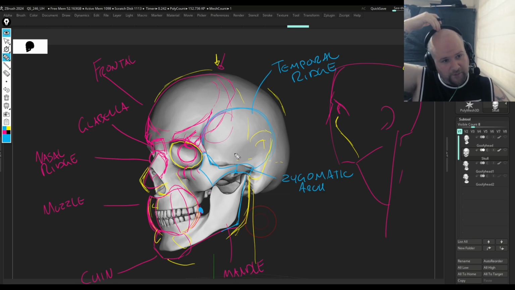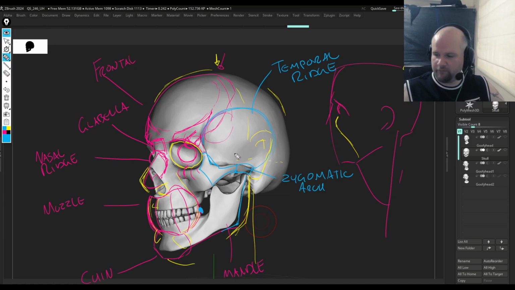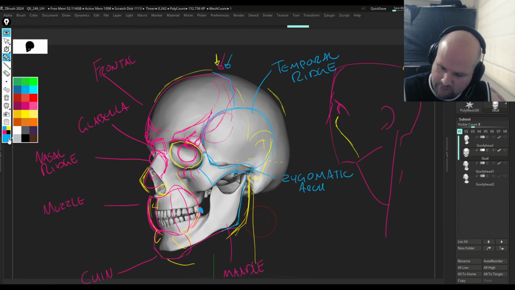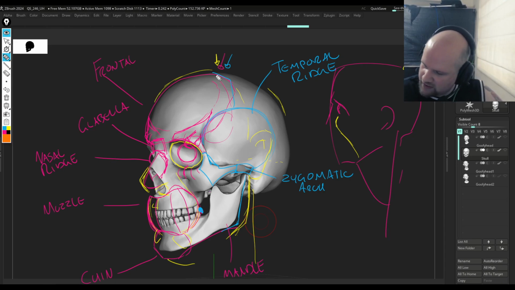Now we're going to go back to the top of the head, and we're going to start moving backwards. There's only really two areas, maybe three areas here that we need to think about. Number one, top of the head, we've got the frontal part of the brain, frontal part of the head. If you go backwards, then you've got the parietal. So this whole area here, am I going to choose a new color? Orange, yeah. So this whole area here,